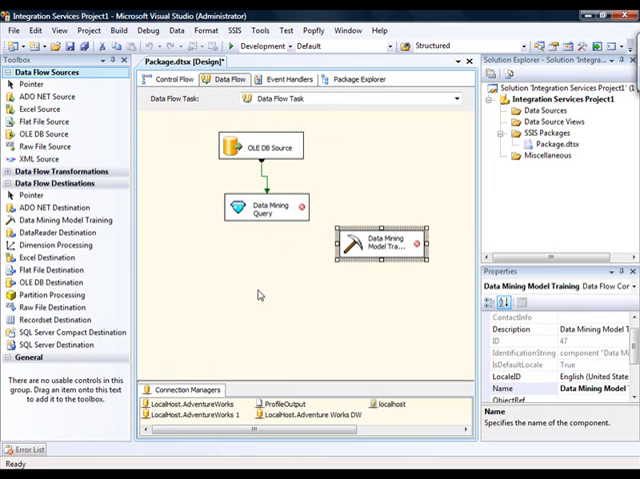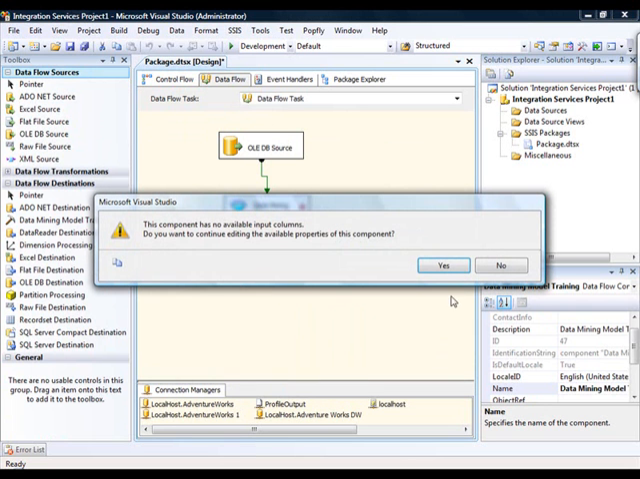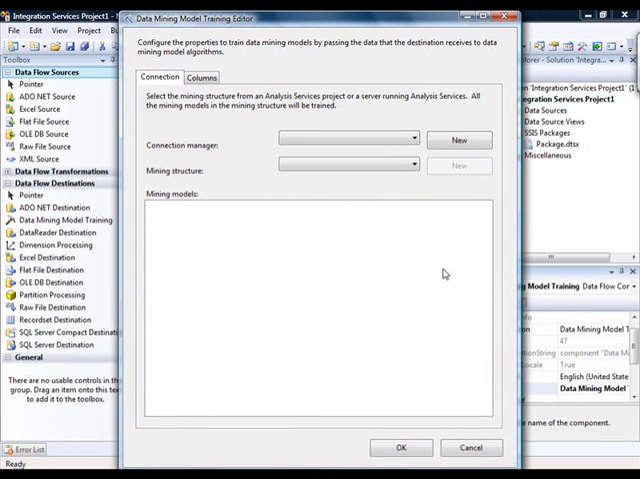The last thing that I want to show is the data mining model training destination, which I got from over here. And I'm just going to right click this and click Edit. And it's giving me an error because I didn't connect it to any source data. And what I would do here is I would simply connect either to create a new data mining model,